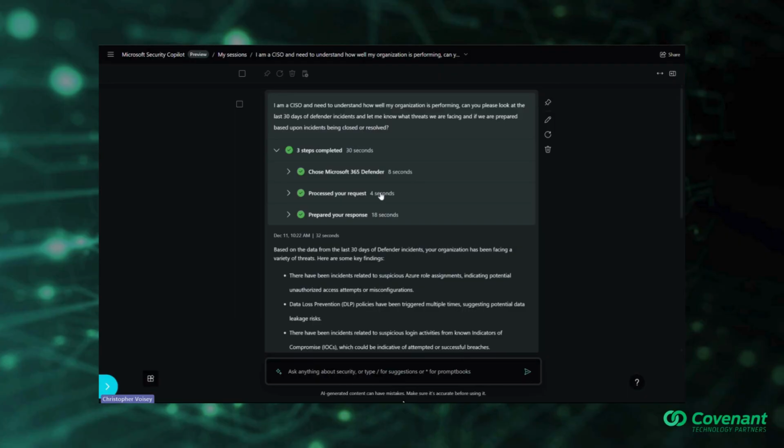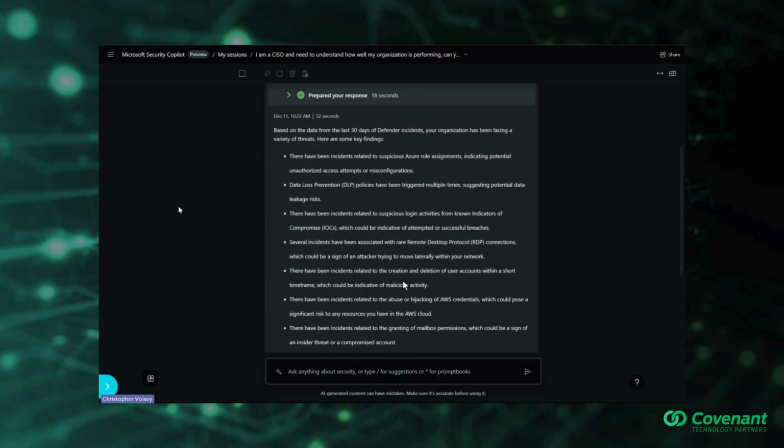Usage of compute units is fractional. So with this amount of time, the actual compute units used for this request are most likely much less than 1 unit. However, what Copilot has provided here is some very valuable information very quickly based off of 30 days